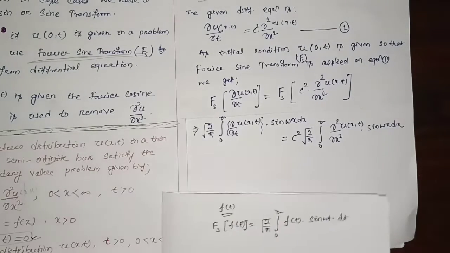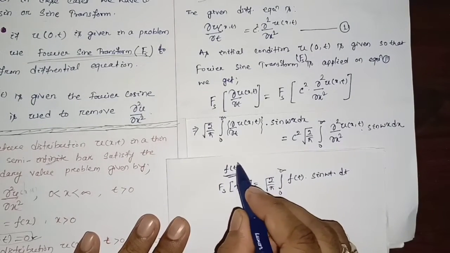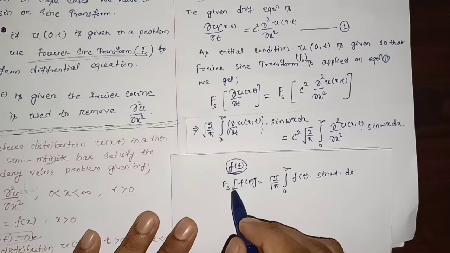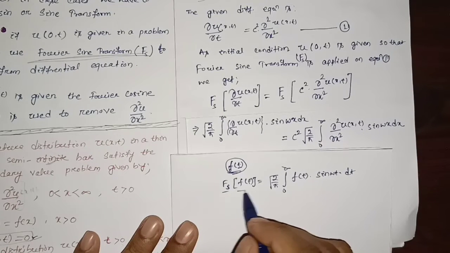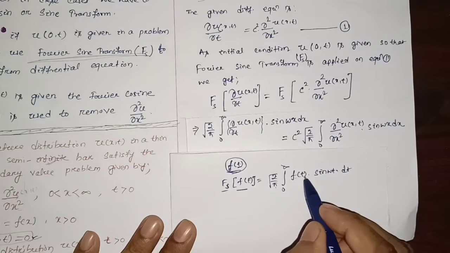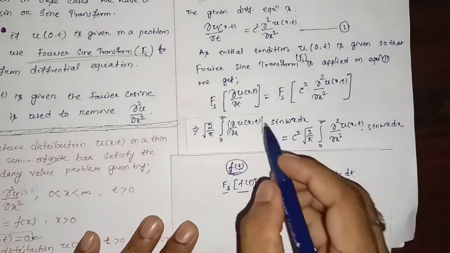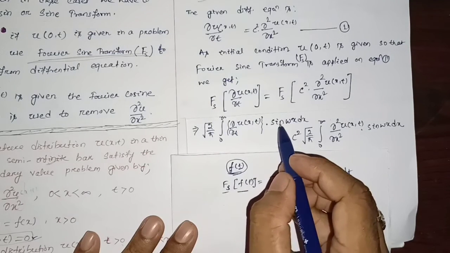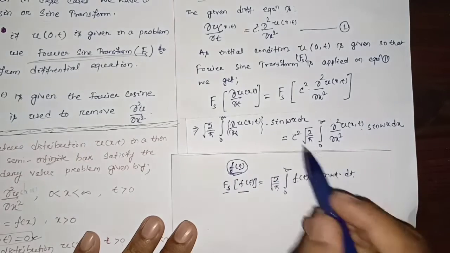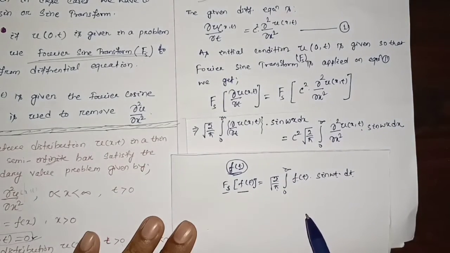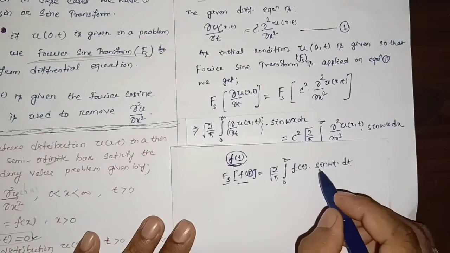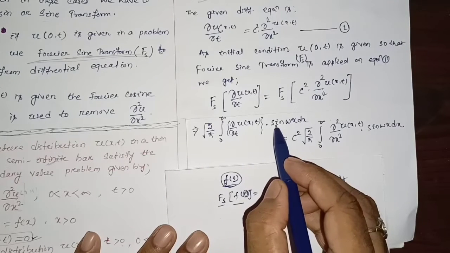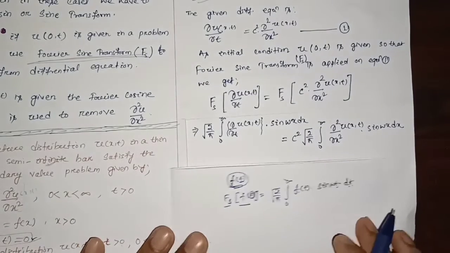see how it is. We know that suppose we have a function f(t), which is a function of t only. If we are going to apply Fourier sine transform over f(t), it will be written as 2 by pi root over f(t) sine omega t dt. But here we targeted this x, that means Fourier sine transform will be applied on this x variable. So what we have to write, sine omega x into dx. If we are going to target this variable, we have to write sine omega t dt. So if we target the Fourier transform over x, then we have to write sine omega x dx. Okay,